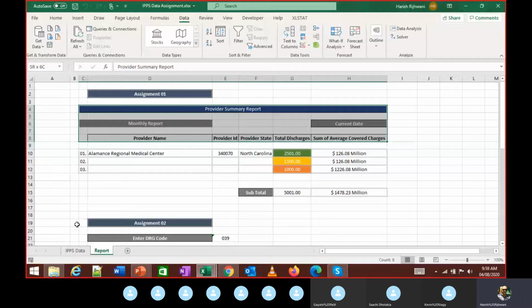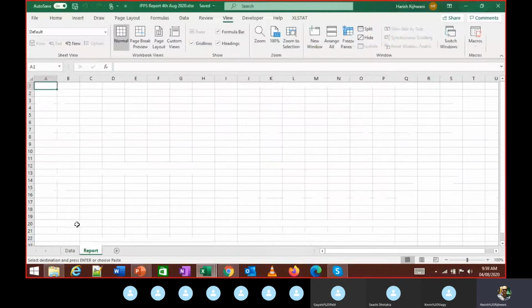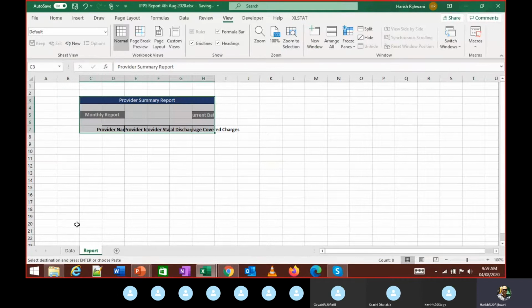I'm going to copy these 3 rows, the provider summary, the monthly report, and this name, because they're not going to change. So I'm just going to copy this from the assignment file and paste it in my new Excel that I've got.